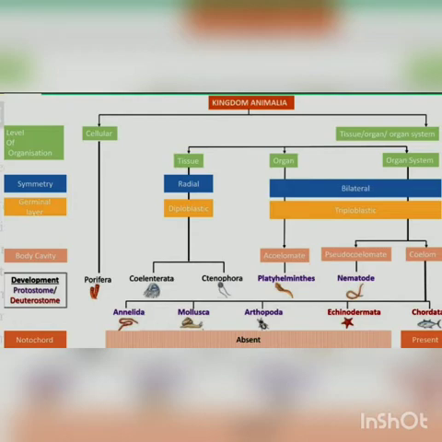We can see a small recap of the previous week. In the previous week, we saw what is meant by binomial nomenclature, and some of the characteristic features of phylum 1, Porifera, phylum 2, Coelenterata, and phylum 4, Platyhelminthes. We did not see phylum 3, Ctenophora, which is not included in your textbook. Up to this, we had seen in the last class. Today we are going to see the remaining 7 phyla in detail.